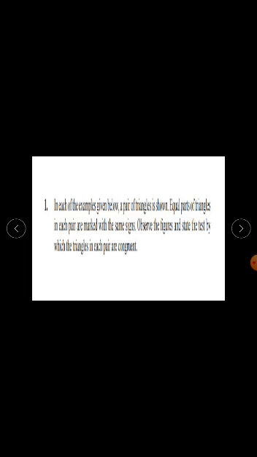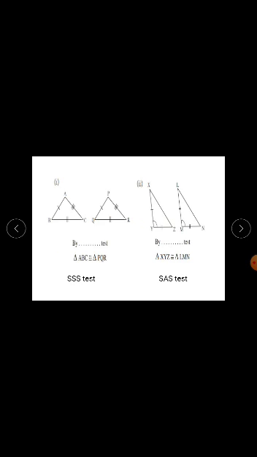First question. In each of the examples given below, a pair of triangles is shown. Equal parts of triangles in each pair are marked with the same signs. Observe the figures and state the test by which the triangles in each pair are congruent. So the first figure is given, triangle ABC and triangle PQR. Here one identical line, here one identical line,